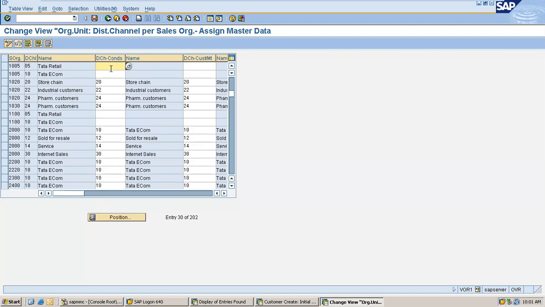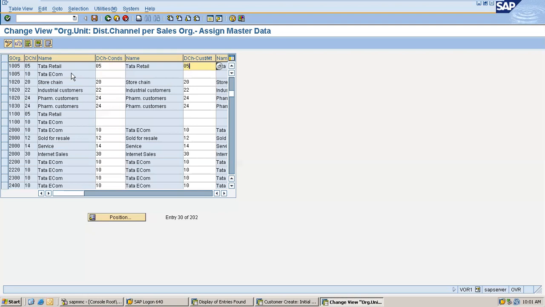So you need to assign the same distribution channel number here. That means you are making a common distribution channel for your original distribution channel. Your original distribution channel is 05 and the common distribution channel is also 05. So maintain 05 in both fields.